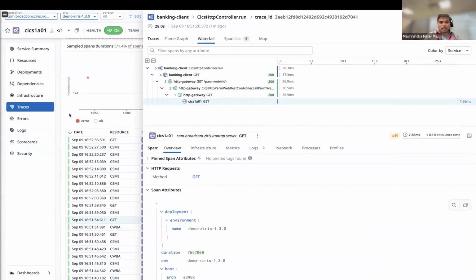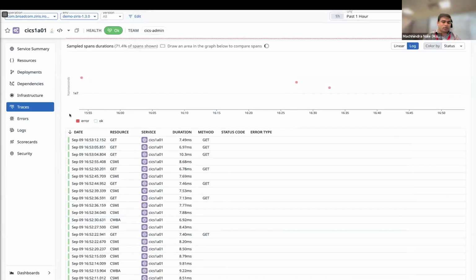For that to happen, I could build some kind of alerting on top. There are several ways that you can do alerting. You can do the alerting by taking the metrics, for example CICS response time, maybe the transaction rate, maybe you look at the event rate, or if you take a look at some of the resource metrics, and then you can generate an alert on top. But the better way from the SRE perspective is to generate something called SLO level alerts.